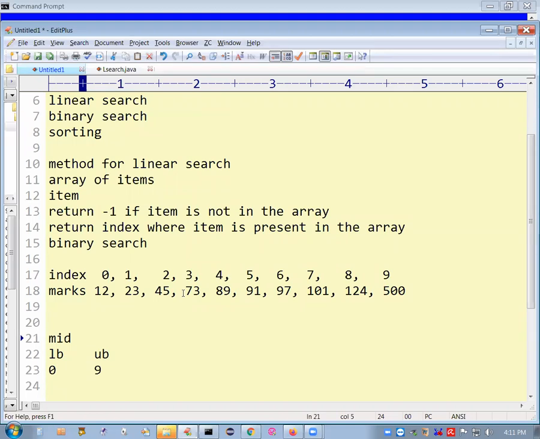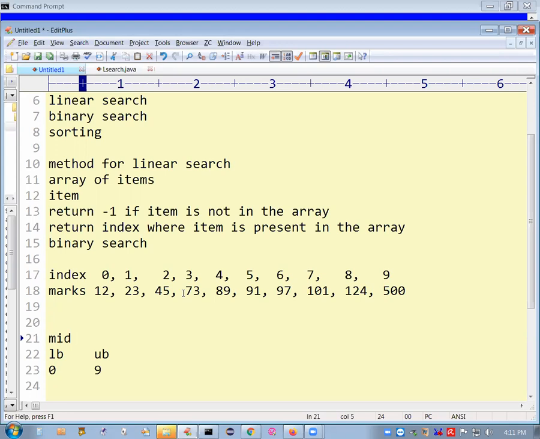So if you want to open the 200th page, you open it randomly and look at the page number. If it is 150, then you know that page 200 is to the right of 150, and you open a little beyond that. If you are looking for 75, whereas you got 150, you search on the left.